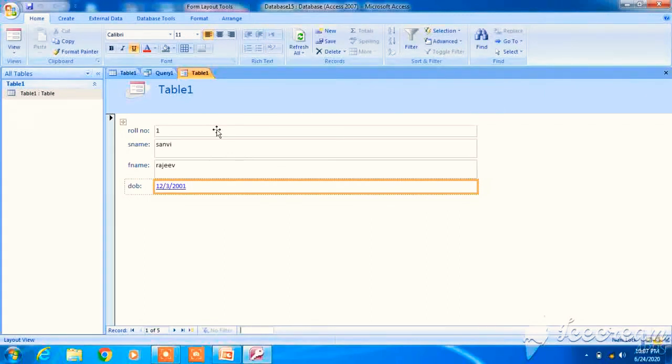What is a form? Technically, write the technical, to the point answer, right? If I ask you what is a form, how are you going to technically define a form? A form is the representation of one record at a time, whereas a report is the representation of all the records. Fine. Let me show you the reports now.